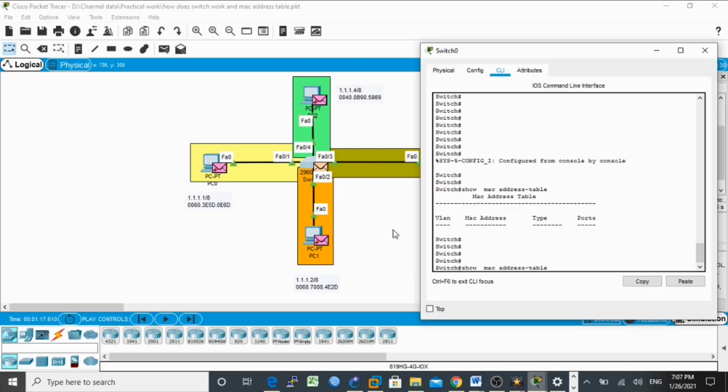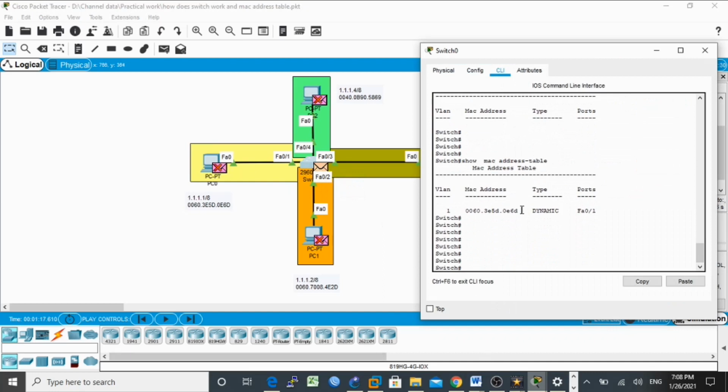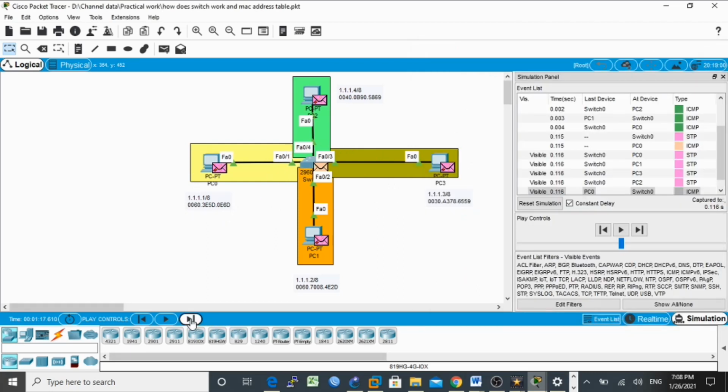Now check the MAC address table. See, it's updated with the MAC address of this PC. This is a MAC address with VLAN 1, type dynamic, and port FA0/1. The frame will broadcast.